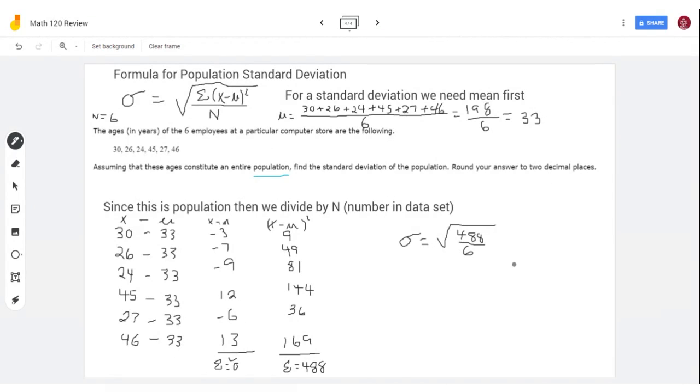And it's 6 because this is the population. All right. Then it says approximate to 2 decimal places, so I've got the little squiggly thing there. So we've got to go out to